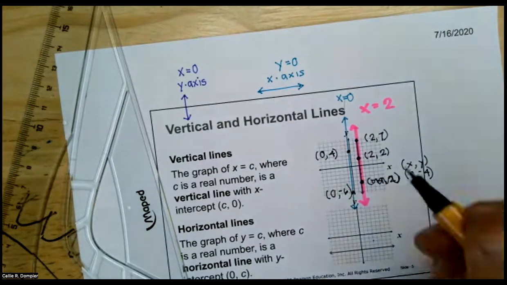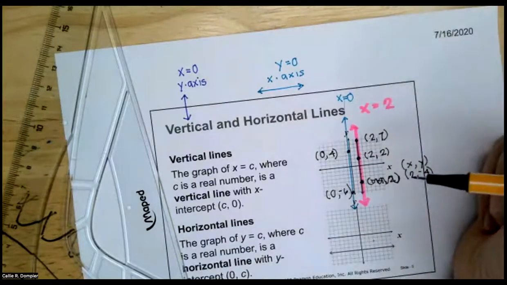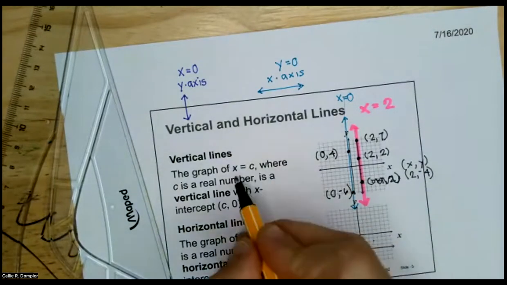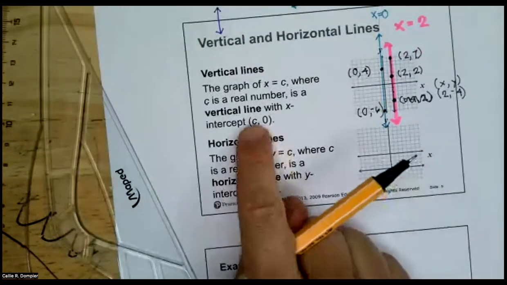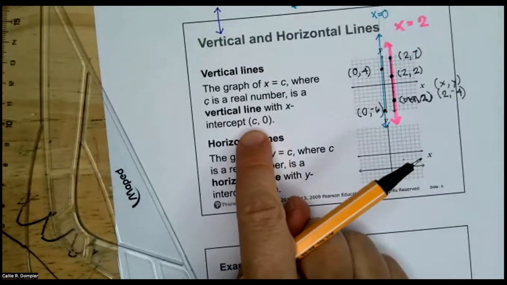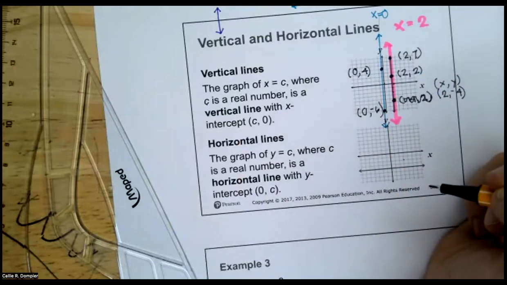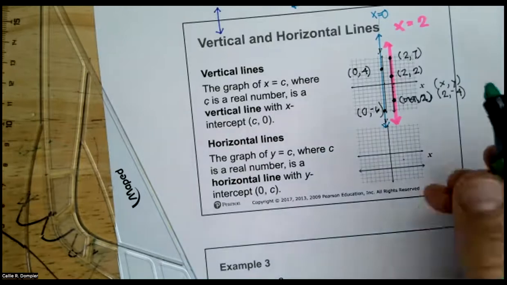For every value of y, x is 0 on that line. So that's a vertical line if we just say x equals a number, okay? C is a real number, and the x-intercept is, here it would be 2, 0, here it would be 0, 0, right? Horizontal lines, on the other hand,